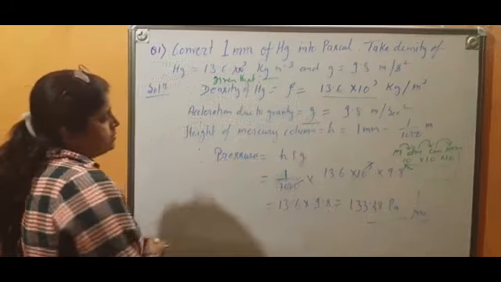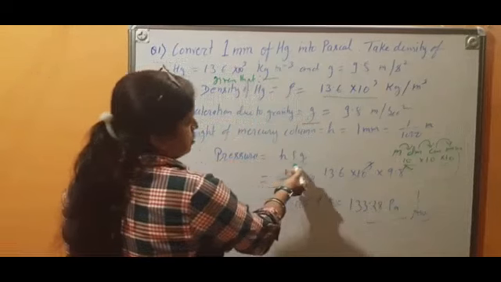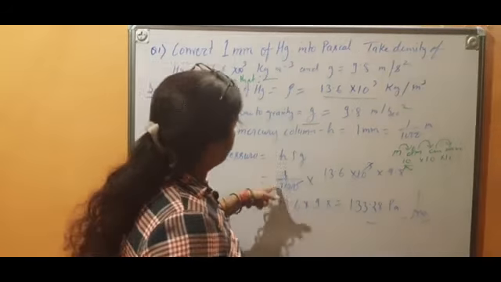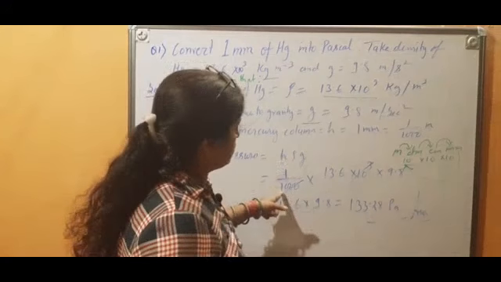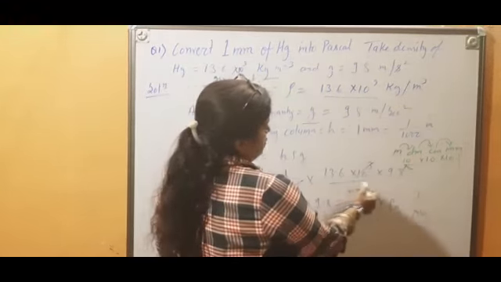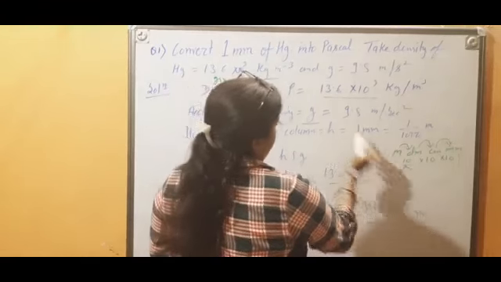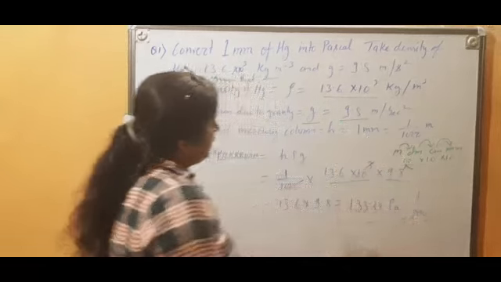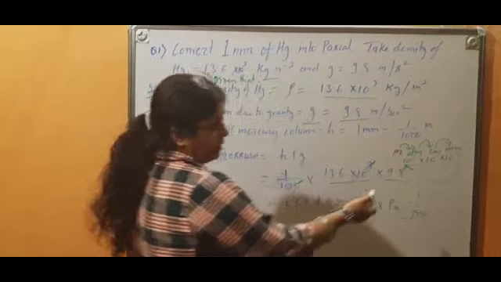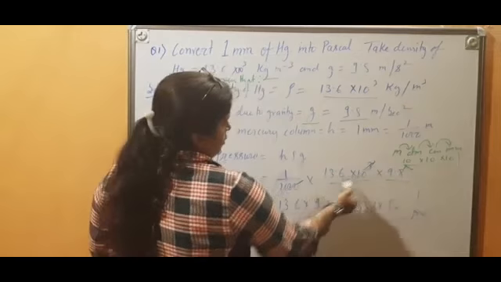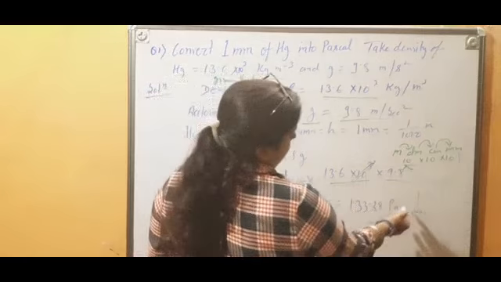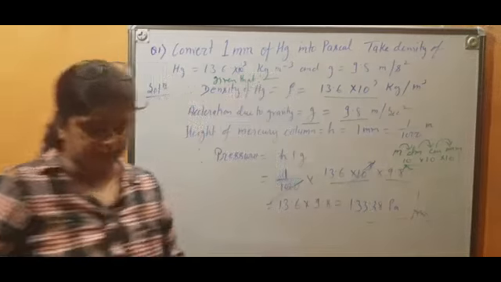So what is the pressure? Formula of pressure is h rho g. Already I have explained how this formula came. So you just put the values: in place of h, I have written 1 by 1000. Then value of rho is 13.6 × 10^3, just copied here. And then 9.8, the value of g. Then I cancelled, because 1000 or 10 cube are the same numbers, and then you multiply 13.6 by 9.8, this is 133.28 Pascal, and this is your answer.